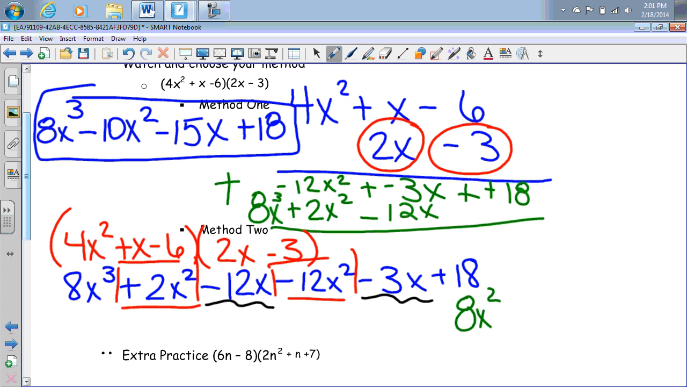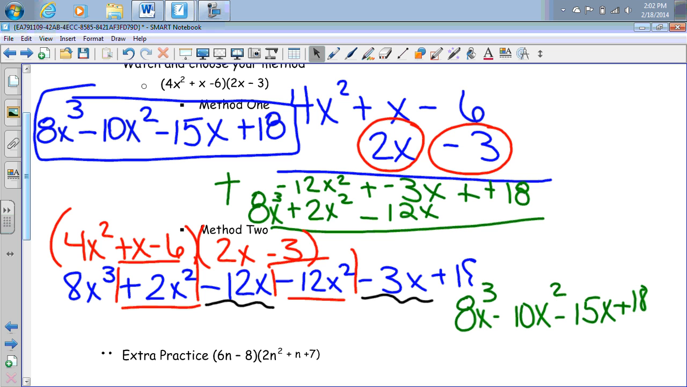Which then leaves me with 8x cubed plus 2x squared minus 12x squared, which is minus 10x squared. I said cubed, but I wrote squared. That's what I meant. Then I have minus 12x minus 3x is minus 15x, and then plus 18. Are both of my answers the same? Yes. So either method can be used when you're multiplying a